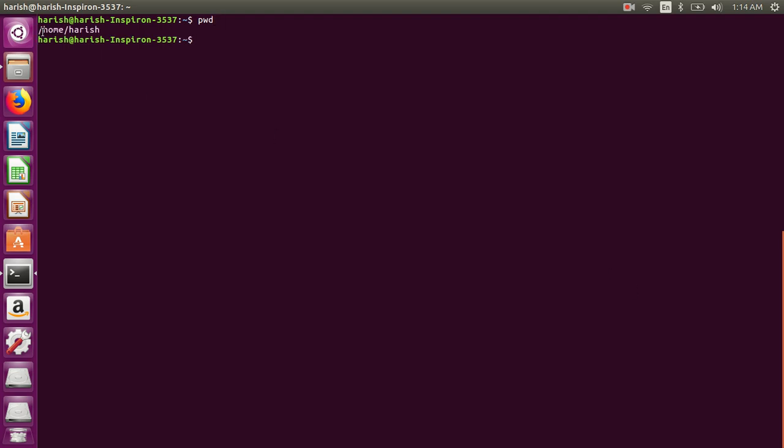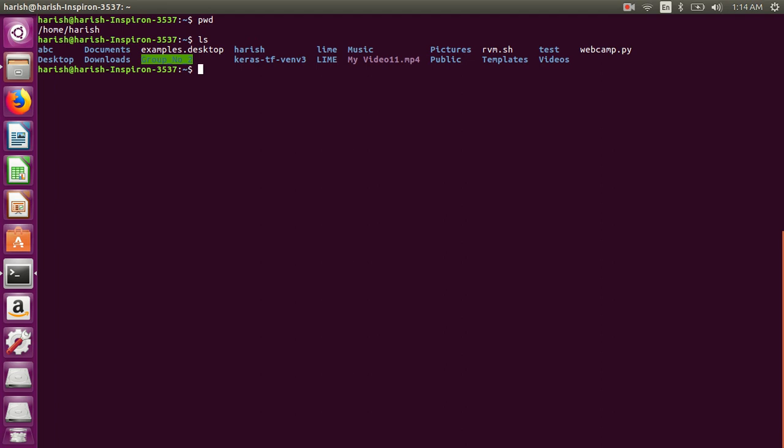Now see, pwd is for the current location. This is my current location, home and Harish. This has been displayed using the pwd command. Now I can list out the files and folders in this current location using ls. So these are the files and folders which are there in this home folder. I can also see the particular